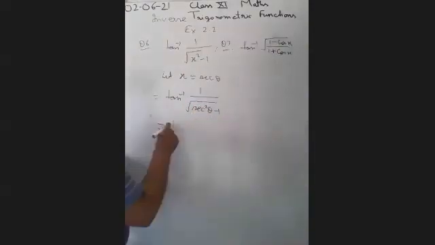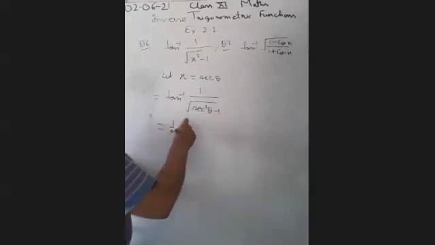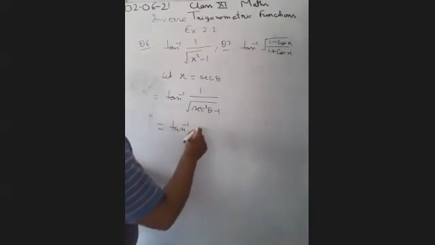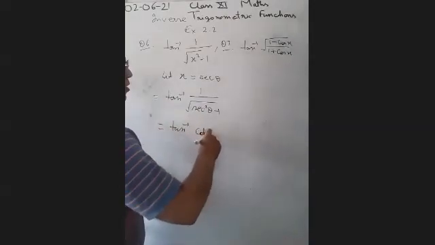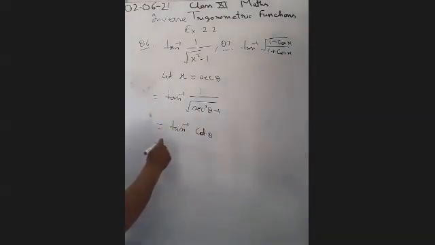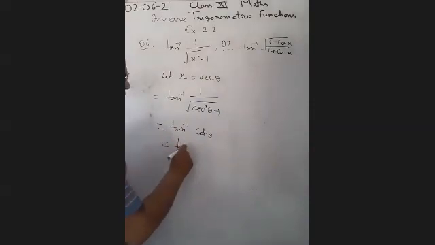Sec square theta minus 1 is equal to tan theta। तो tan theta को we can write cot theta, है ना, because 1 upon tan theta is equal to cot theta। But here is tan inverse, it is cot, so we can convert cot theta